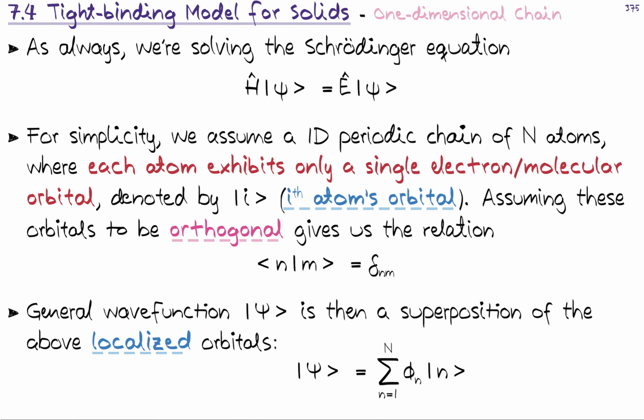And this weight coefficient phi n, of course, is a scalar, so there's nothing to say why we couldn't just move it from the other side of the ket of n. That's what I'm trying to show with this equality here, so that we can move the scalar around. That doesn't change things mathematically.